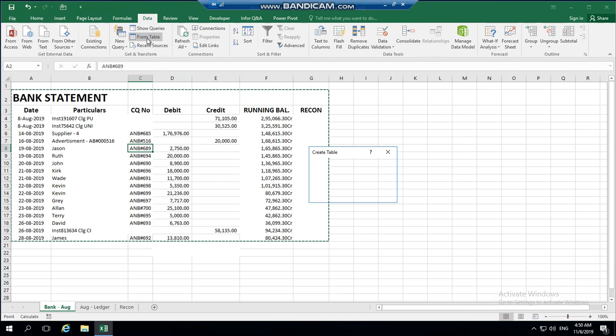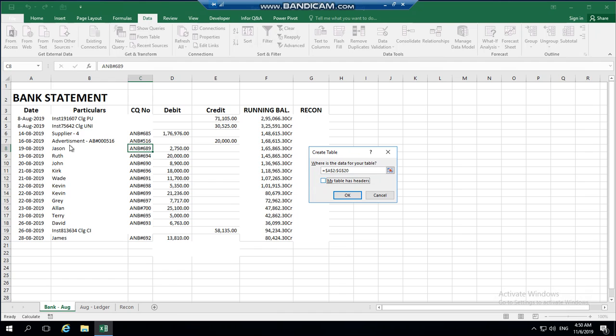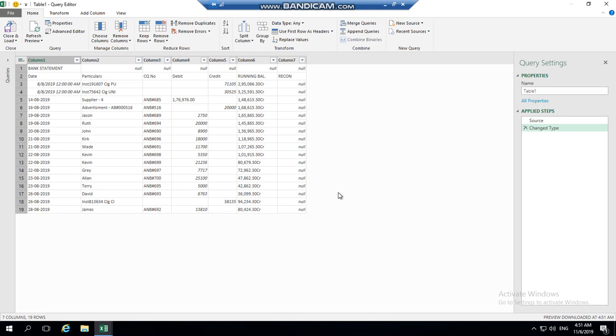It selects the entire data on the sheet, and we click on OK, and it opens up a new page called the query editor, and in this we can edit according to what we require. So now you can see we need to edit column 3 and take out the text from the numbers. So we go to split column by delimiter,